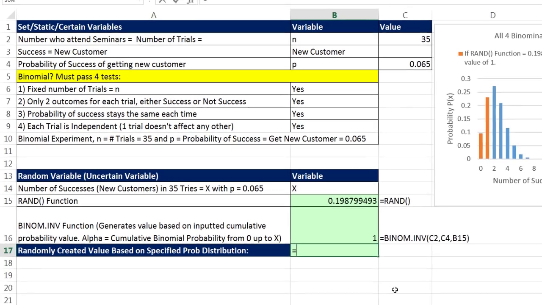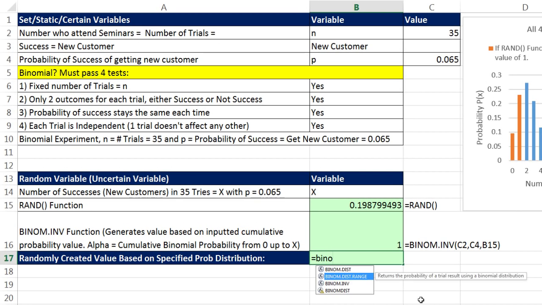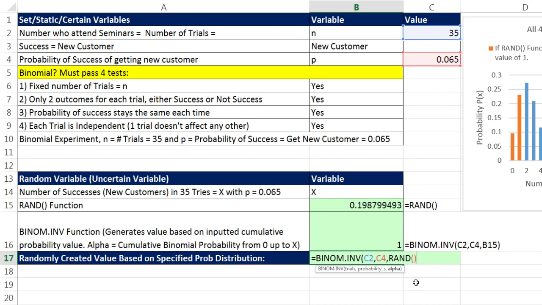Now we can put it all together. Binom.inverse. Remember, dist always gives us the probability if we put in an x. Inverse always gives us the x if we put in a probability. And that's true for all of the distribution functions. Inverse gives us the x value. Dist gives us the probability. So I'm going to use the inverse. Number of trials, comma, probability of success on any one, and our alpha, RAND, argumentless function, close parentheses,